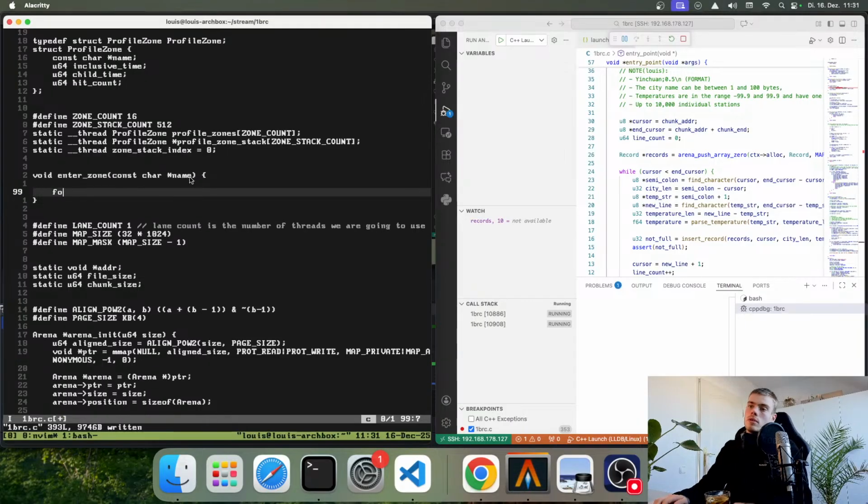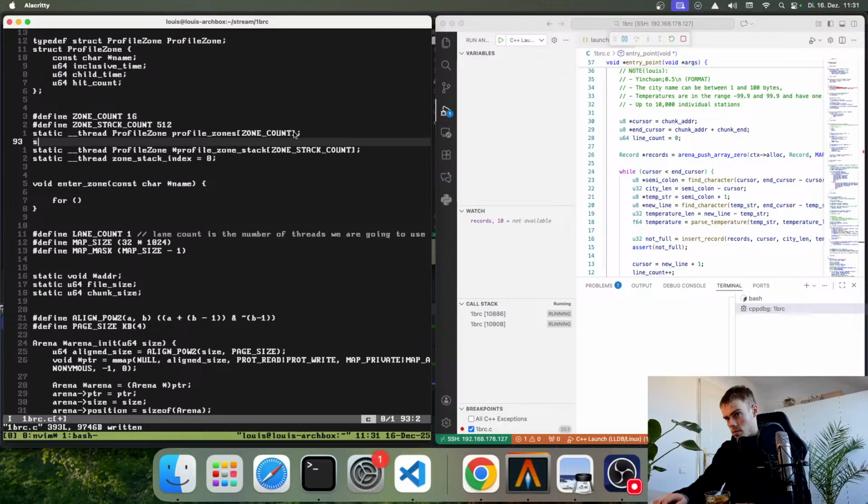Then it wants to go through all of the profile zones, maybe also have a profile zone count, which is initially 0,